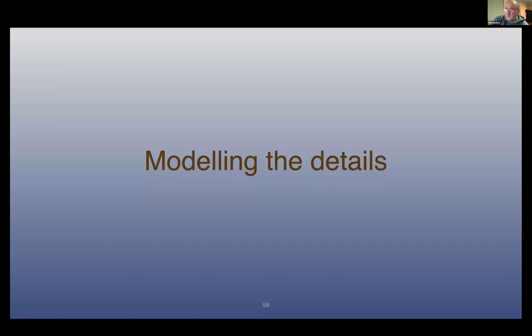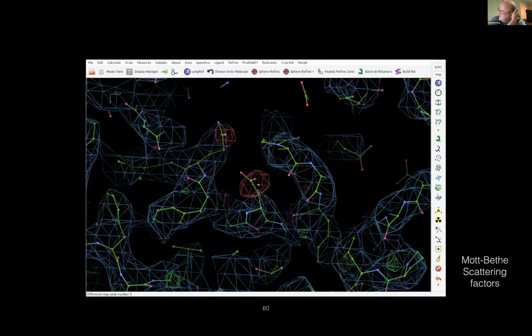As well as getting the long range order right, because we're allowing it to be corrected by the experimental data, we can look at the details of the interactions, so side chains. What do we do about this? For example, here we have a modeled, is that a glutamic acid? Aspartic acid. And then there's a red blob. Where's the red blob coming from? The red blob is coming from